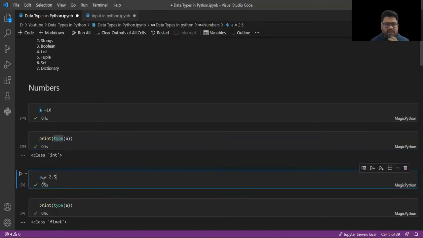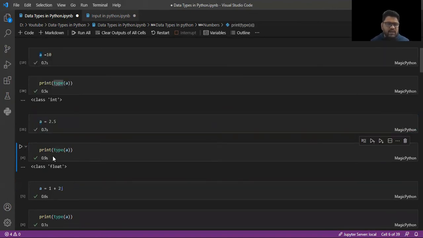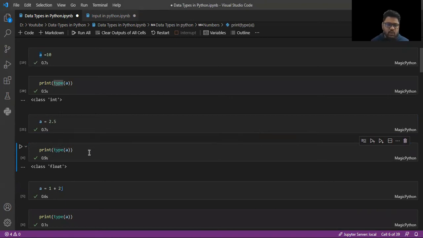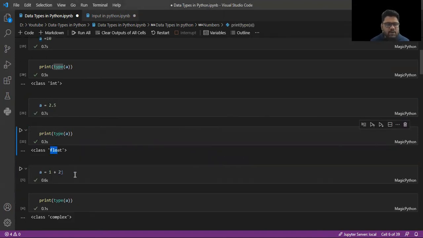Then again we can use a is equal to 2.5, and then I can use the type method to check the type of that variable. Here you can see float. And the third number data type present in Python is complex number.